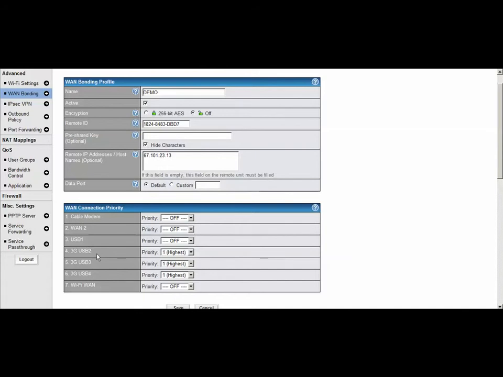In this case, I'm only using my 3G modems, and I have all my 3G modems set to the highest priority. I want to be clear: these don't have to be going through the same ISP. They can go through multiple ISPs because there's intelligence on both sides of the peers. In this case, I'm treating this particular unit as a remote or mobile unit, because I have it connected to one